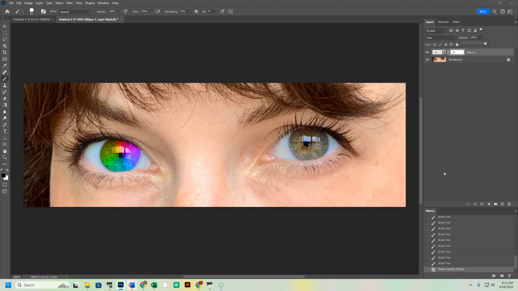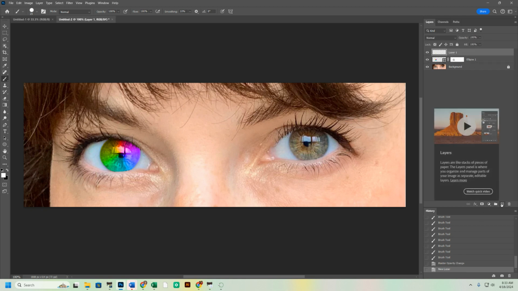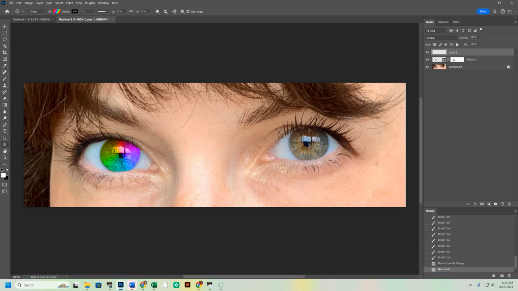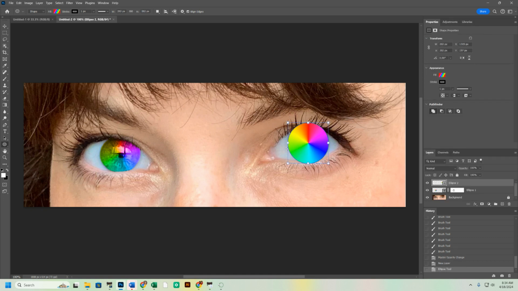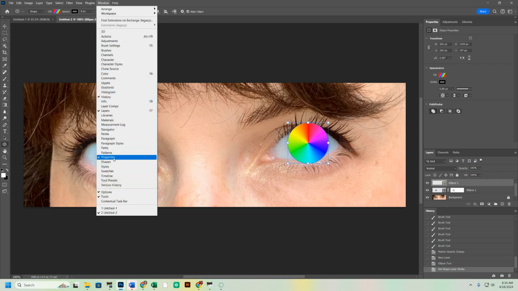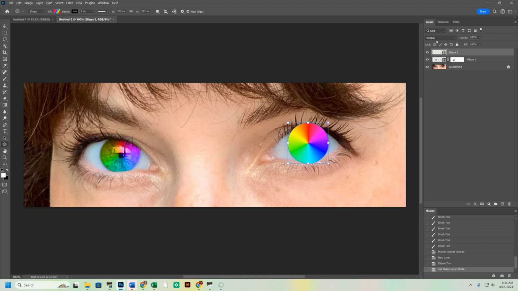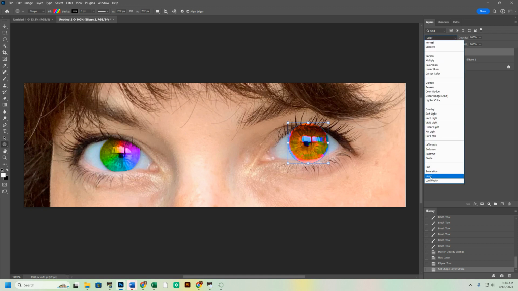So I'm going to repeat the same process. I'm going to come over here in my layers palette. I'm going to create a new layer. I'm going to grab the ellipse tool. I'm going to click in the middle of the iris, the pupil, and I'm going to hold Alt, Shift, and drag to make my perfect circle. I'm going to make sure that I have no stroke, and I'm going to close that properties panel. I will change the blend mode to color,